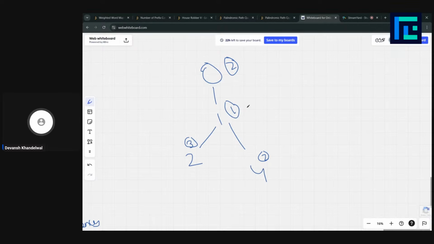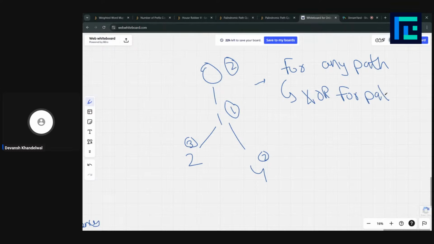What we could do is for any path, it's very easy to calculate XOR for the path. XOR for path is easy and efficient to calculate. How we could easily calculate the XOR from root? This is our root index. We could calculate XOR from